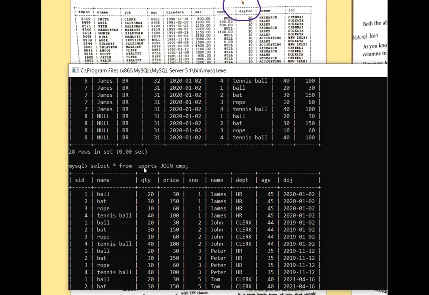Any one of you, what is the difference we are getting over here? Yes, Mantasha, correct. Any other student?